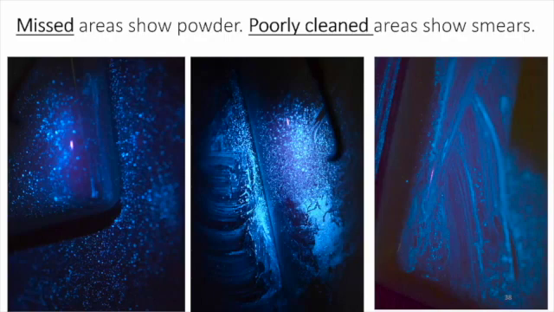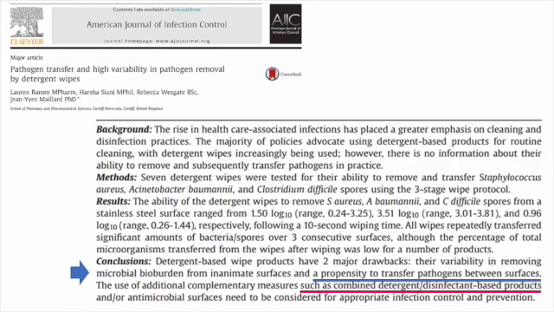And if they've not used the right technique, you can just see that the material has just been smeared around rather than picked up. Extremely useful to make sure that you can tune up someone's wiping technique. Because if they wipe the wrong way, they're simply just going to transfer material around the place using the one wipe. And that was shown very nicely in this study in the American Journal of Infection Control, which showed that